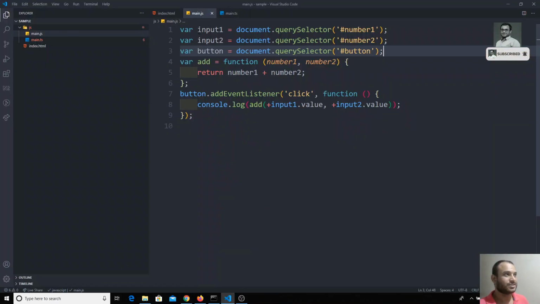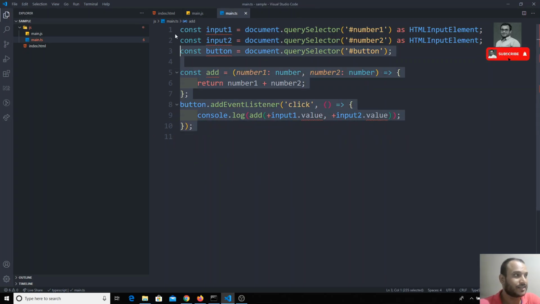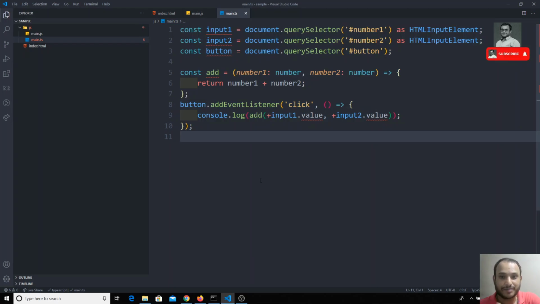So in this way we can write the TypeScript code, explicitly mentioning the types of the variables, so that anybody who is using that function will send only the expected data to the function. Some runtime errors we can eliminate using TypeScript, and also the code will be very clean. We will be able to know what type of data it accepts and what type of data it returns.